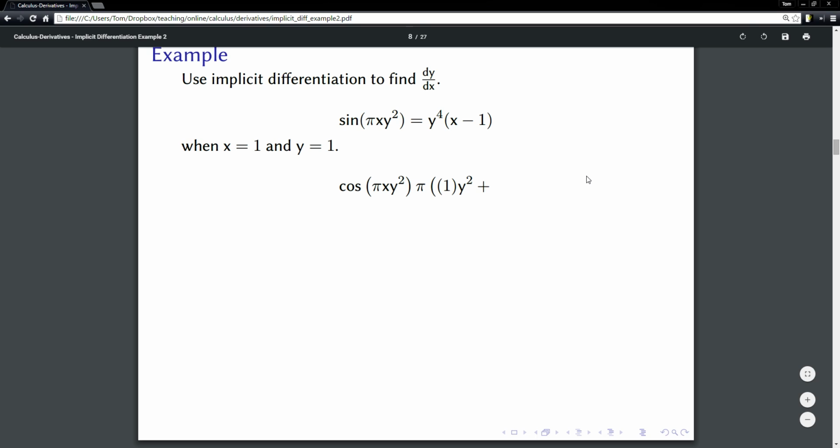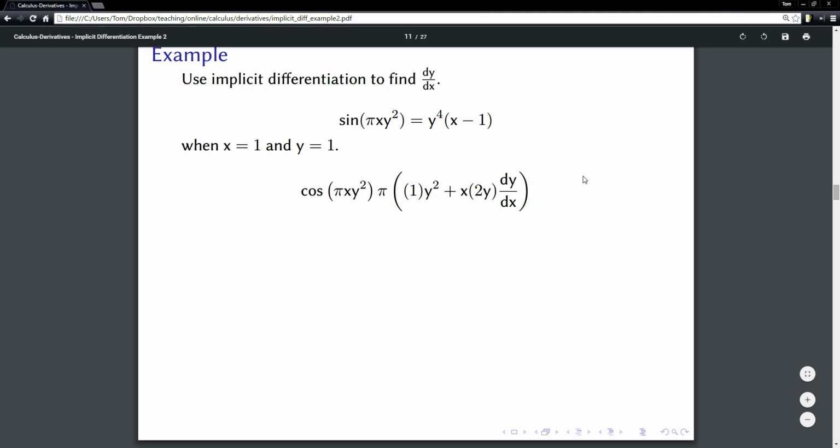Okay, and then now I'm going to leave the x alone because I took the derivative of it the first half of the product rule. Okay, and then the y squared, which I left alone the first go round, now I'm going to take its derivative. So the derivative of y squared is going to be 2y, right? And because I took the derivative of something involving the y there, I'll need the dy dx to complete the